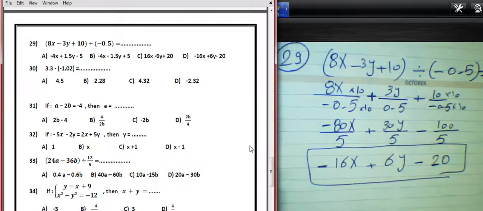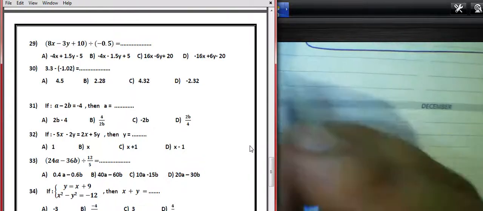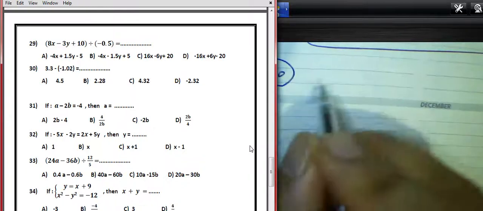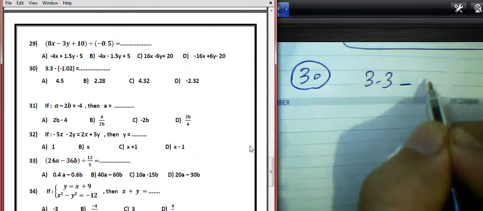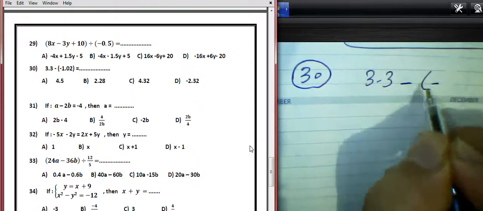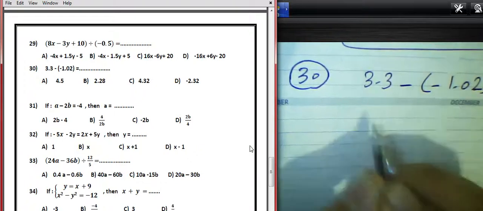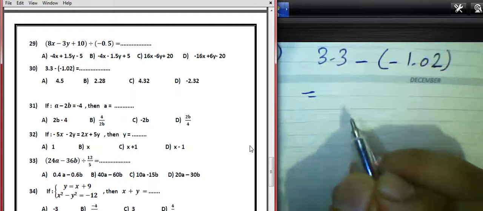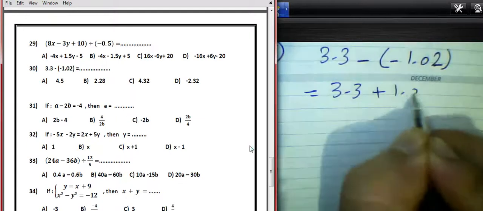It's about question 29. Okay, and what about question 30? Look at question 30 with me. Question 30, here we write 3.3 subtract negative 1.02 in brackets. We know negative multiplied by negative equals positive, so 3.3 plus 1.02